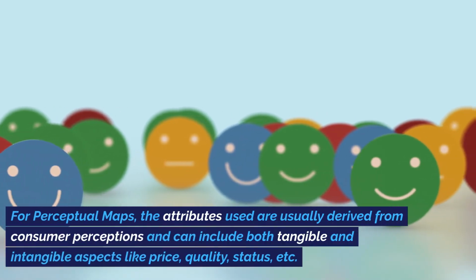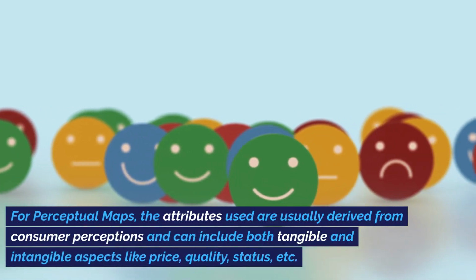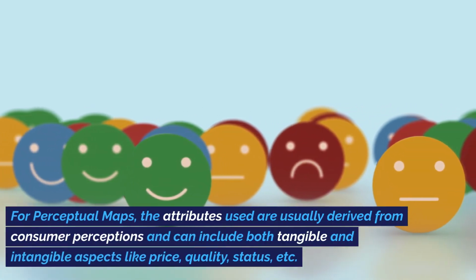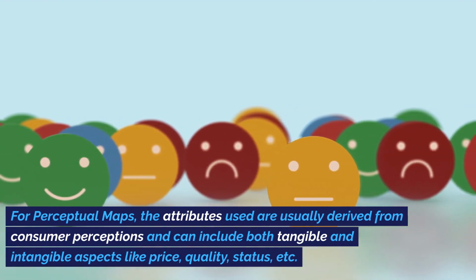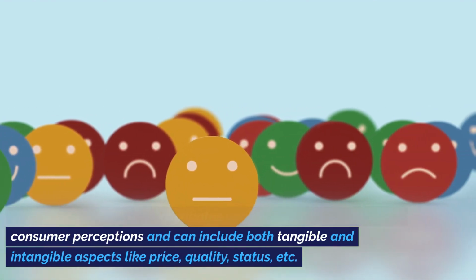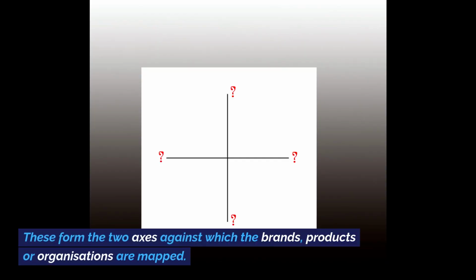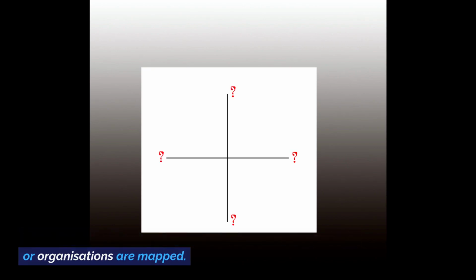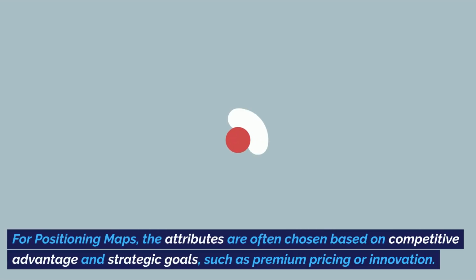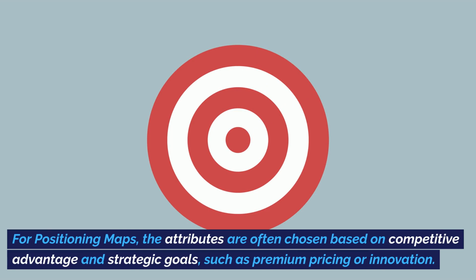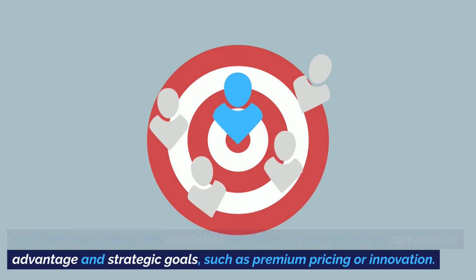Key attributes. For perceptual maps, the attributes used are usually derived from consumer perceptions and can include both tangible and intangible aspects like price, quality, status, etc. These form the two axes against which the brands, products, or organizations are mapped. For positioning maps, the attributes are often chosen based on competitive advantage and strategic goals, such as premium pricing or